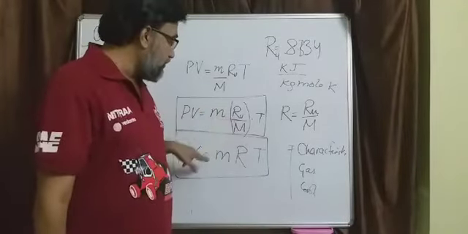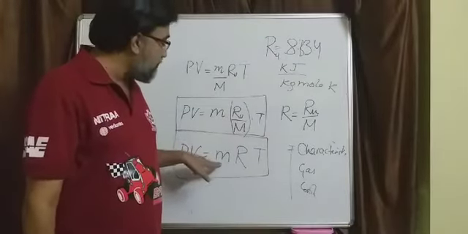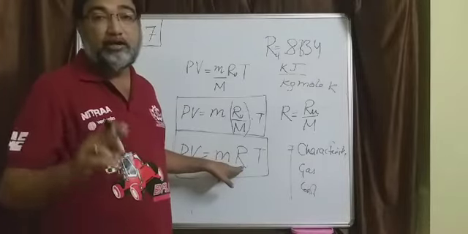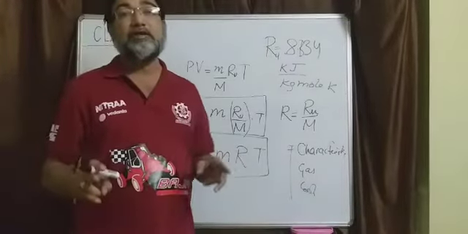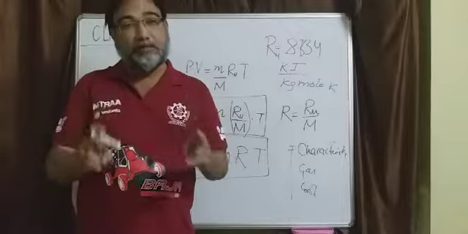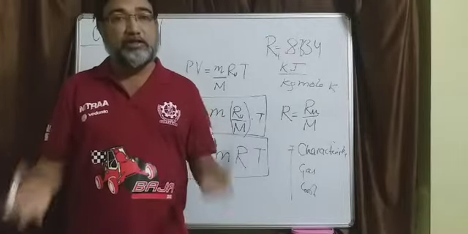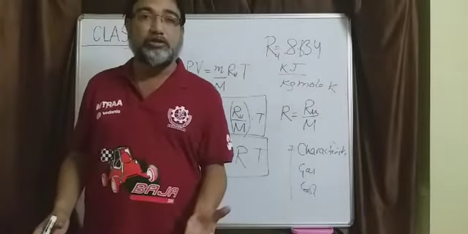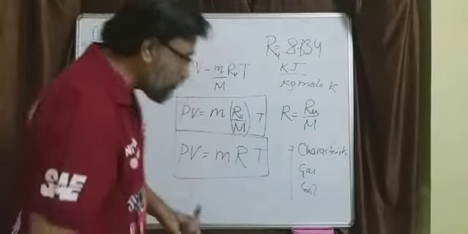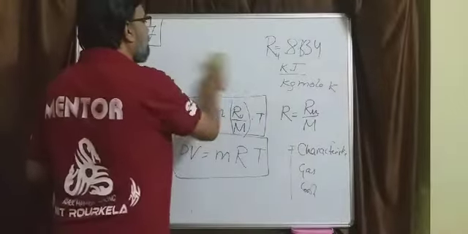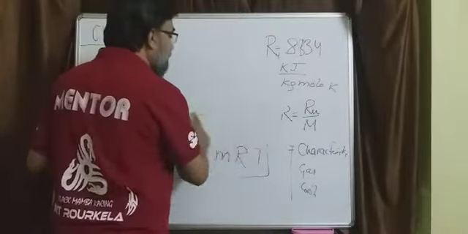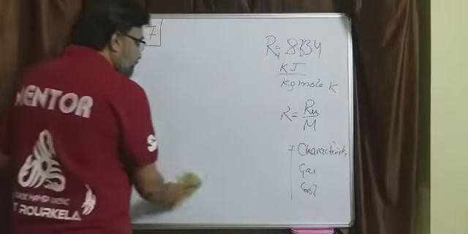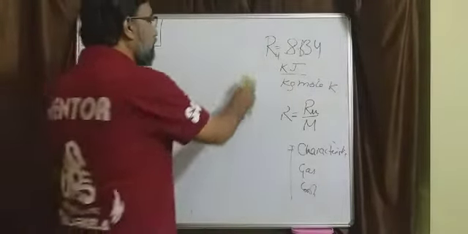But if you are using this equation, PV is equal to mRT, where m is the mass of the gas expressed in kg and R is specific gas constant or characteristic gas constant, then when you change the gas, it is specific to a particular gas. So if you are changing the gas, then the R value also will be changing because the molecular weight does change. Okay, so henceforth I tell you to remember the gas equation not as PV is equal to nRT, but as PV is equal to mRT.